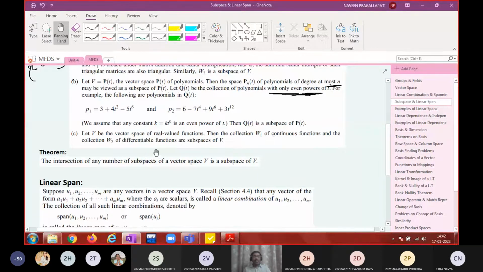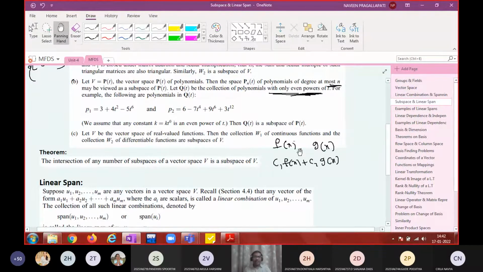Similarly, the sum of two differentiable functions is a differentiable function. Multiplication of a differentiable function with a constant is also a differentiable function. That means a linear combination of any two differentiable functions. If f is differentiable and g is differentiable, then consider the linear combination of f and g. What is the linear combination of f of x and g of x? It is c1 f of x plus c2 g of x.